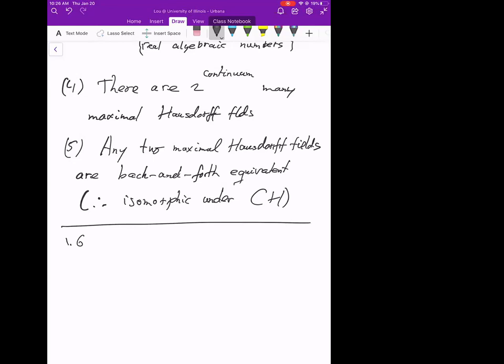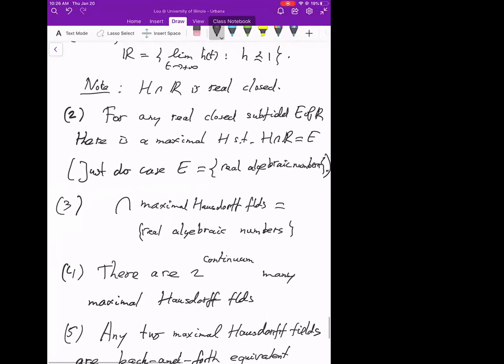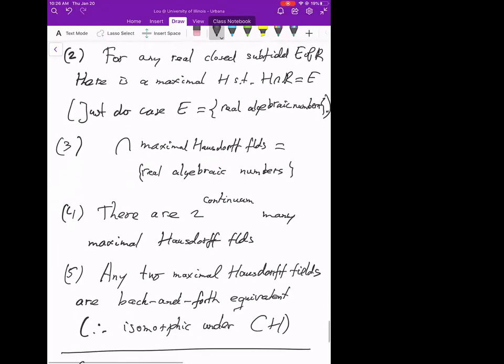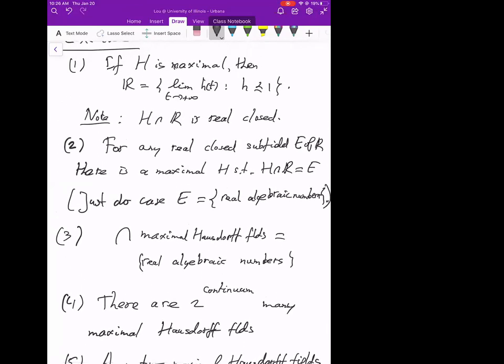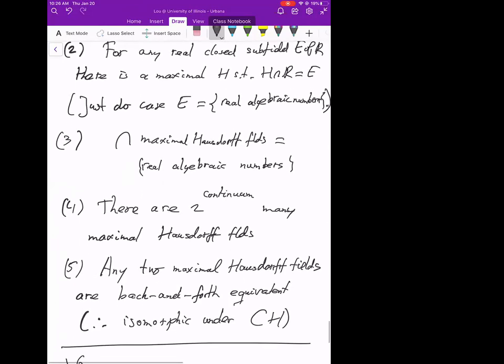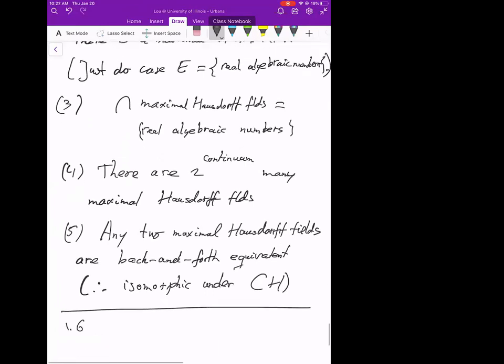You could consider some of these things as a bit pathological, like, you know, that the maximal Hausdorff field intersects the reals just in some very small fields. You might consider that slightly annoying. Of course, you could also just consider Hausdorff fields that contain already the reals, and then some of these